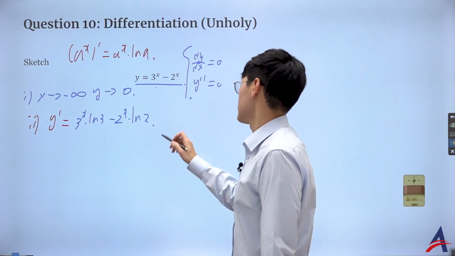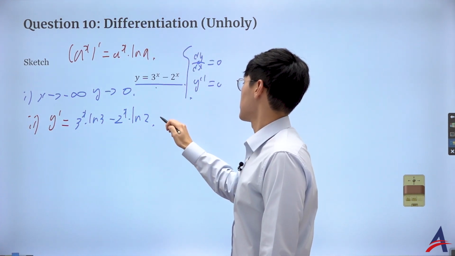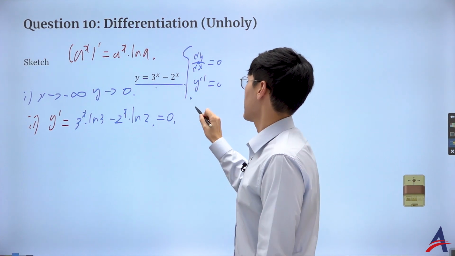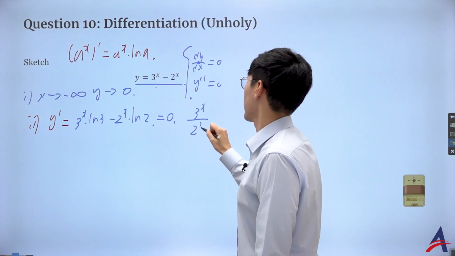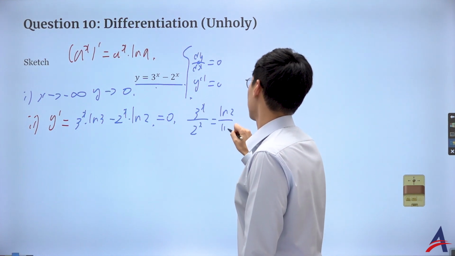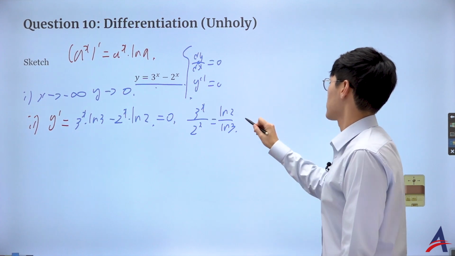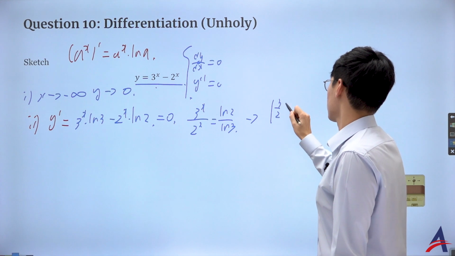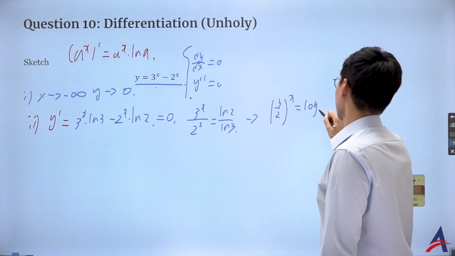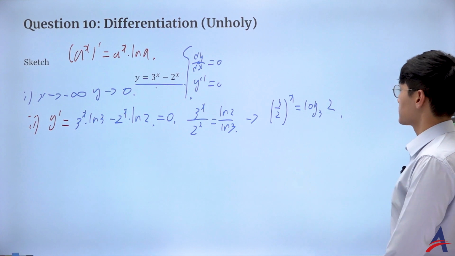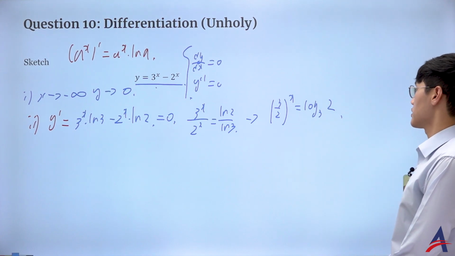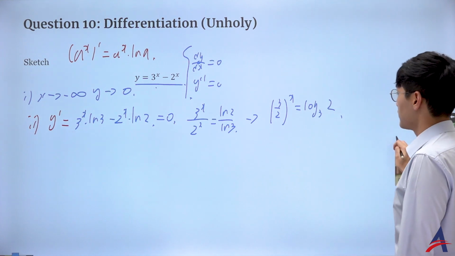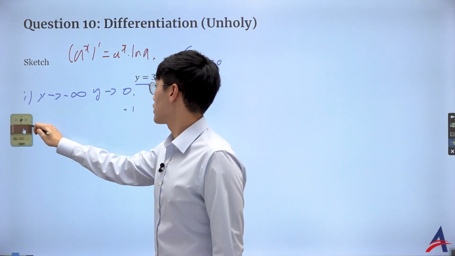And then this is going to be 0. I'm going to let this be 0. So if you let them be the same, 3 to the power of x over 2 to the power of x is ln 2 over ln 3. Okay, so then I have 3 over 2 to the power of x is log base 3 of 2. Well, that's a bit tricky, right? I have to use the calculator. Okay, so maybe it wasn't a good choice of the base,